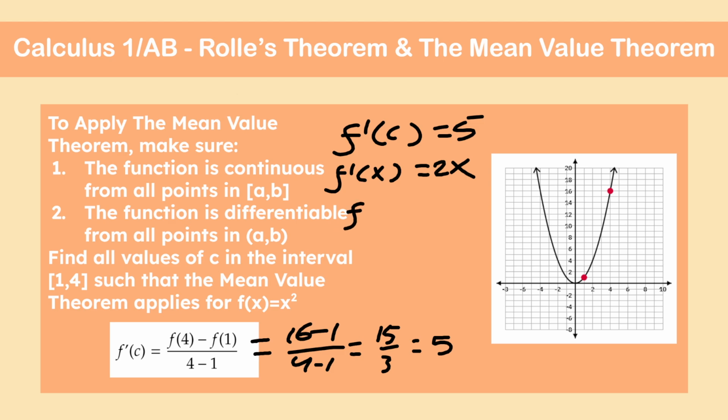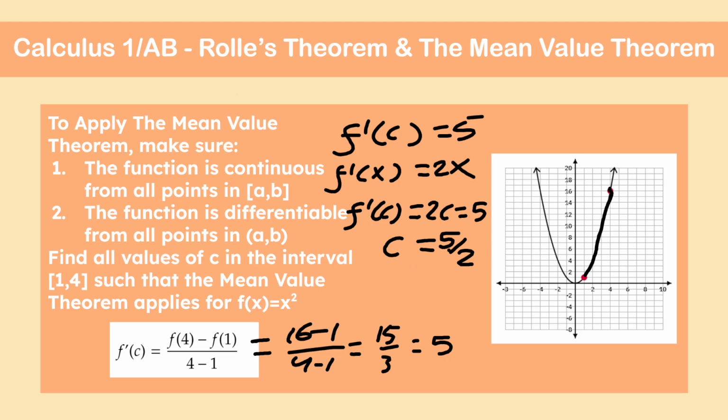So now we're going to find f prime of c, which is equal to 2c, which is equal to 5. So we get that c is equal to 5 over 2. So if we were to draw the secant line from here, it would look something like this. Okay,